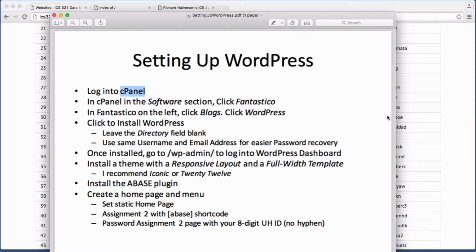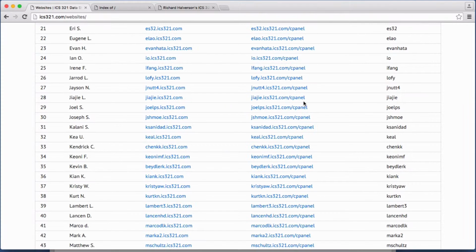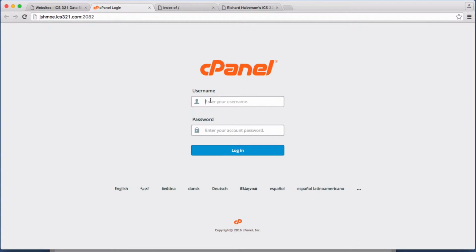So this is going to be our approach. We're going to log into cPanel, install WordPress, and then once we've installed WordPress, we're going to install a new theme, and then install this ABASE plugin that we're going to use in WordPress, and then create a couple of pages, and then you'll be ready to do your assignments. So let's get started. I'm going to go to the cPanel. I'm just Joe Schmo here, and I'm going to click and log in